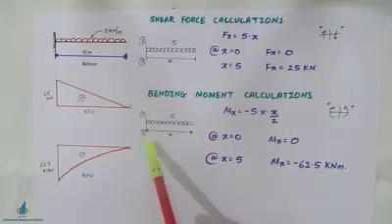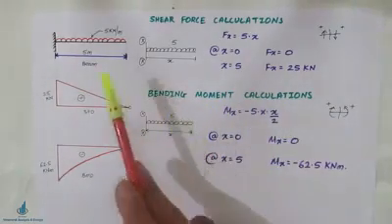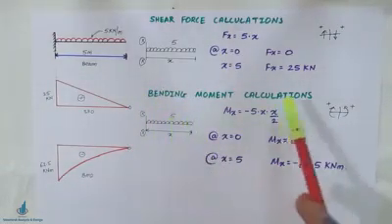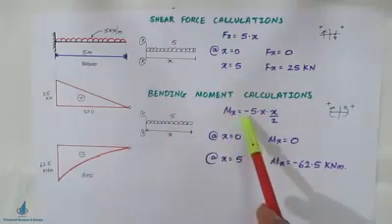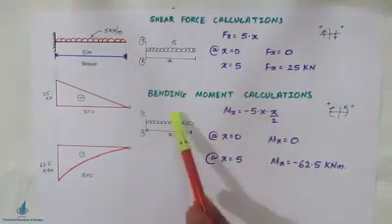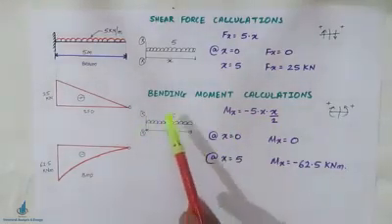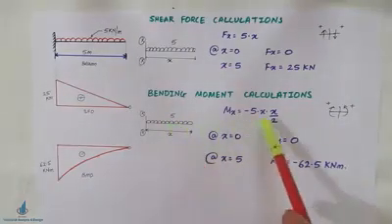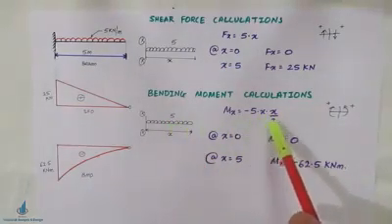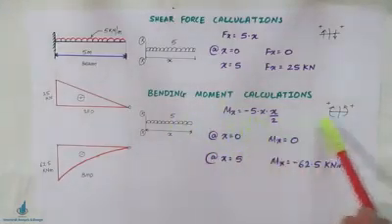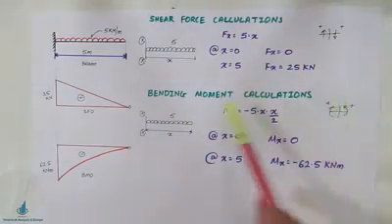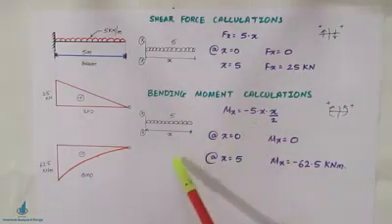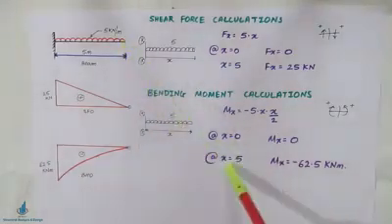Again you have to cut a section at a distance x, and the load of the UDL is 5 kilonewton per meter. So the bending moment equation will become minus 5 into x by 2. 5 into x is the load acting at a distance x by 2, at the central distance, for UDL. So it becomes minus 5x square by 2. Why minus? Because our sign convention is anticlockwise positive, but the load is moving clockwise, therefore I have written a negative sign.